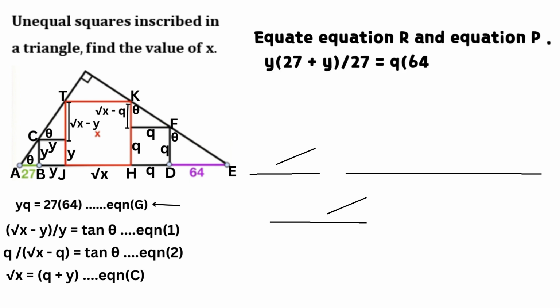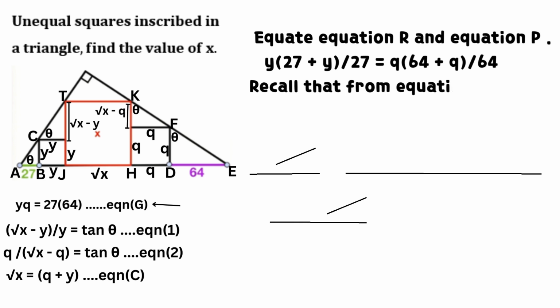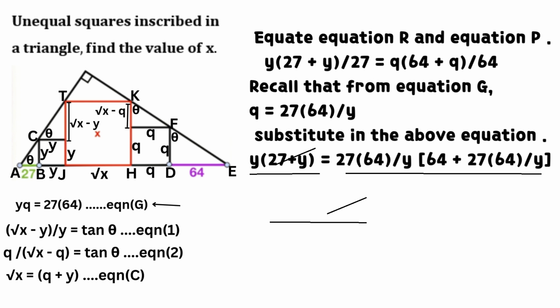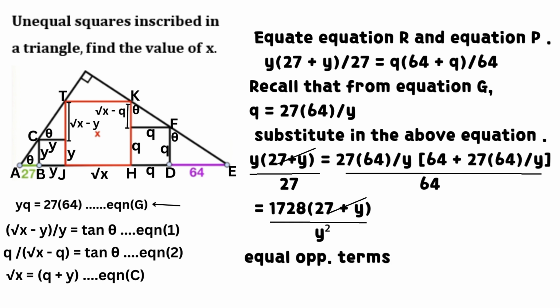Equate equation R and equation P. We have that y times the sum of 27 and y, all divided by 27, equals q times the sum of 64 and q, all divided by 64. Recall that from equation G, q equals the product of 27 and 64 divided by y. Substitute in the above equation. We obtained a new equation as shown on the screen,